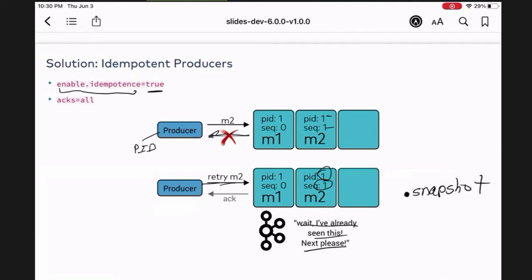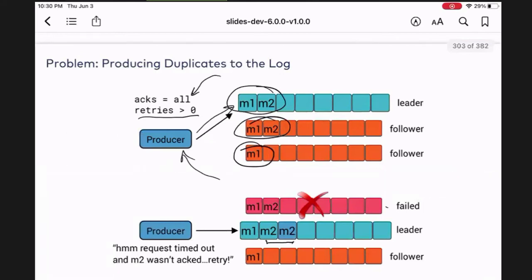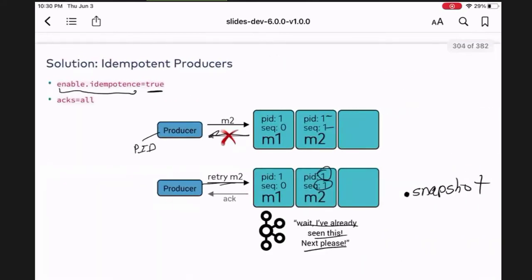But the whole point is, this is just some background information for you. The key point to let you know is that the previous scenario will not happen. You will not have duplicates if you just set this property in your producer. Just one line, just make sure it's set to true. And that's it. So this is how Kafka avoids the duplicates. There are more details you can look at, but we don't need more.